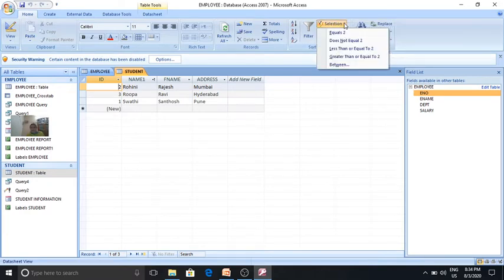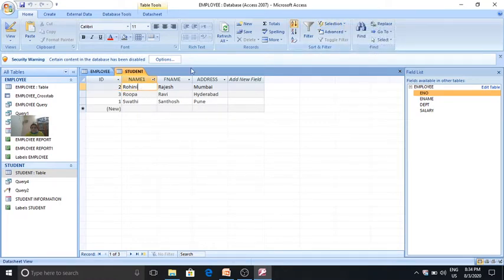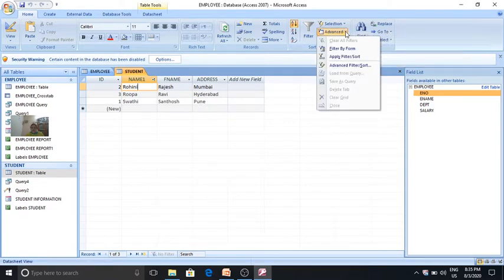See, equals to, it is not equals to. Here no filter is applied. If a filter is applied, you have to go to advanced and then the clear all filters option is here.